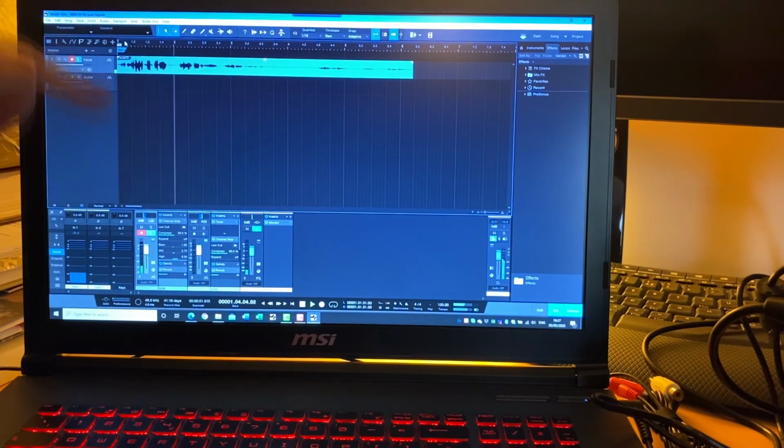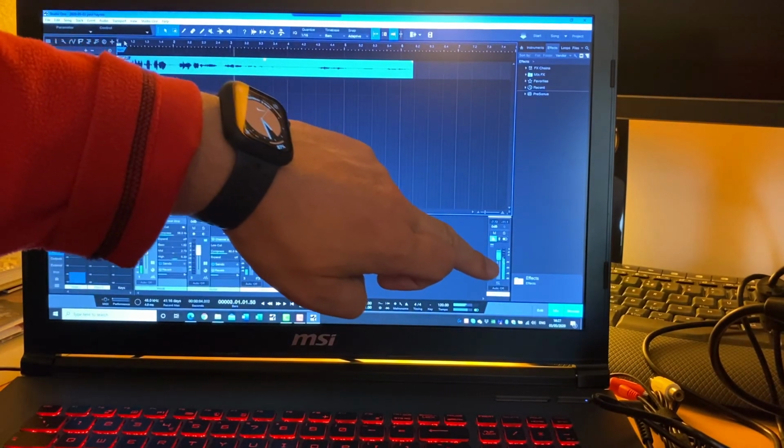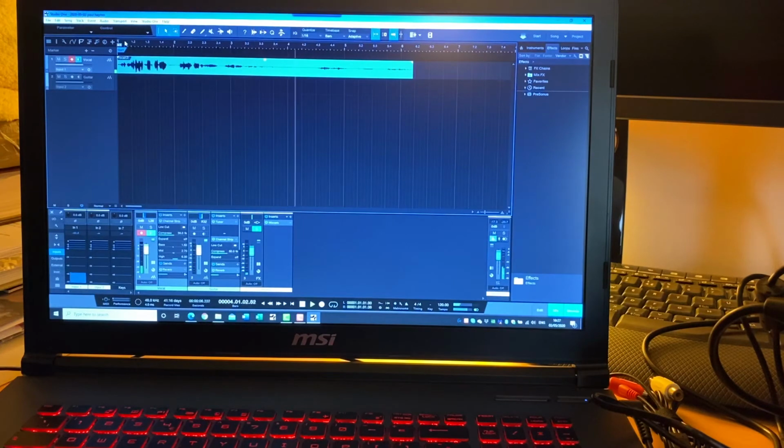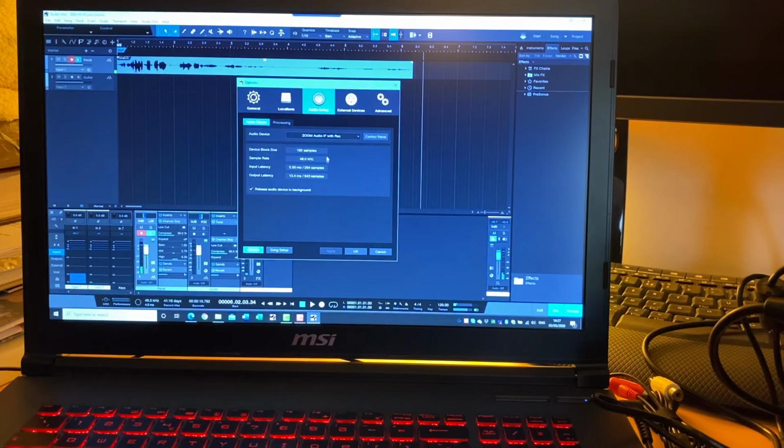We've got a signal here, we've got a signal there, and we've got a signal here. But we're not hearing anything. There's nothing coming through the headphones at all. The only way I can hear anything is if I go into Studio One and I change